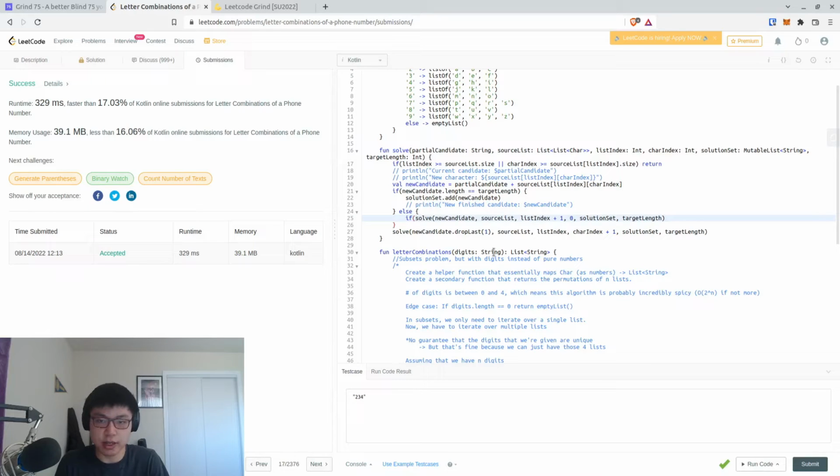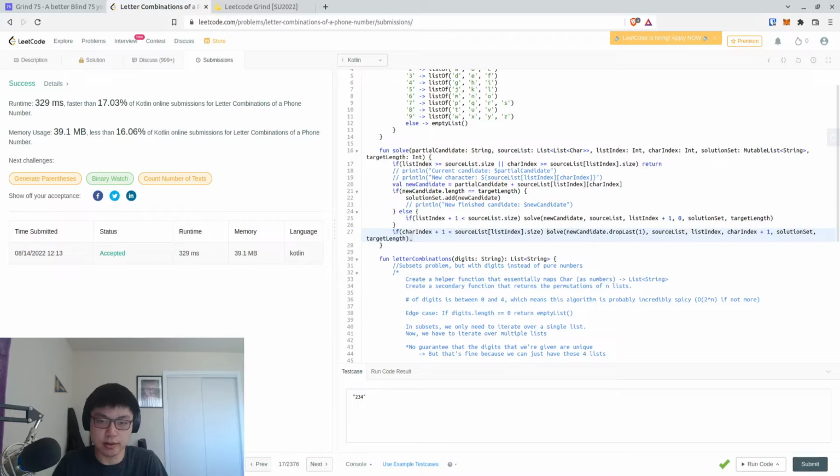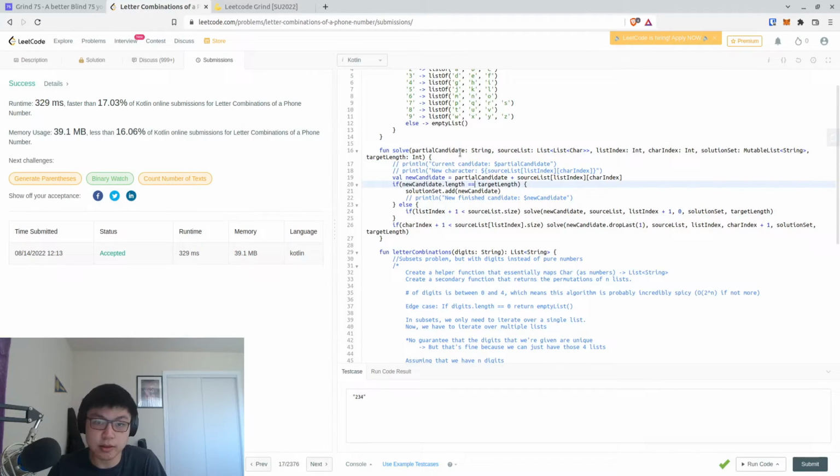So if list index plus 1 is less than source list.size, then do that. And then if char index plus 1 is less than source list at list index.size, and that way we can maybe cut down on the runtime. But besides the point,